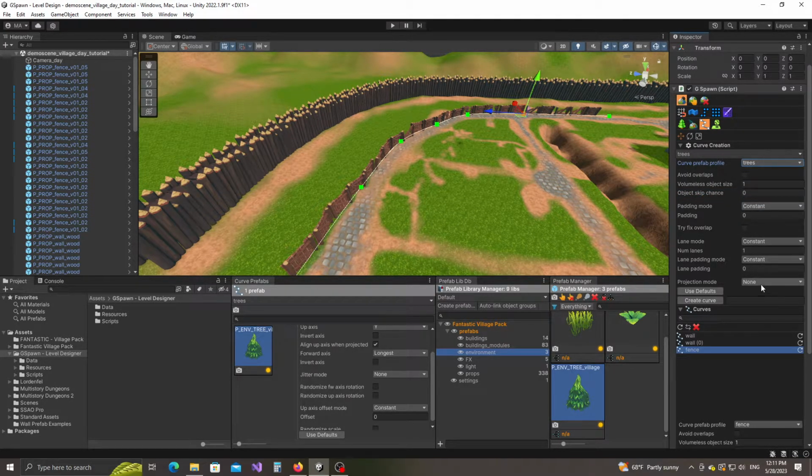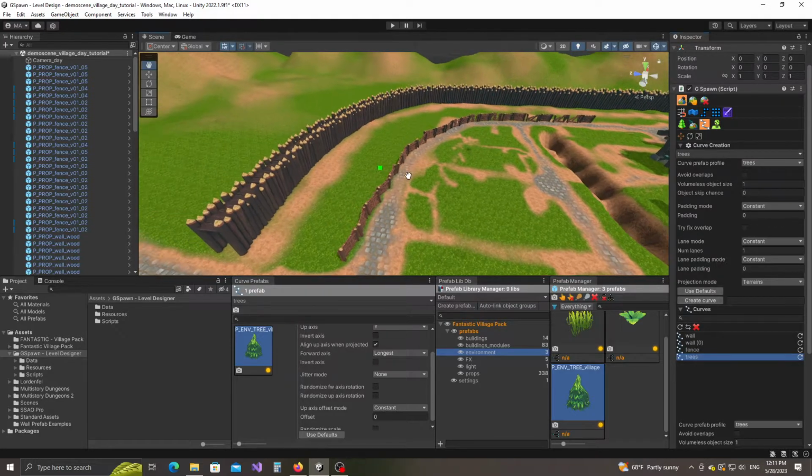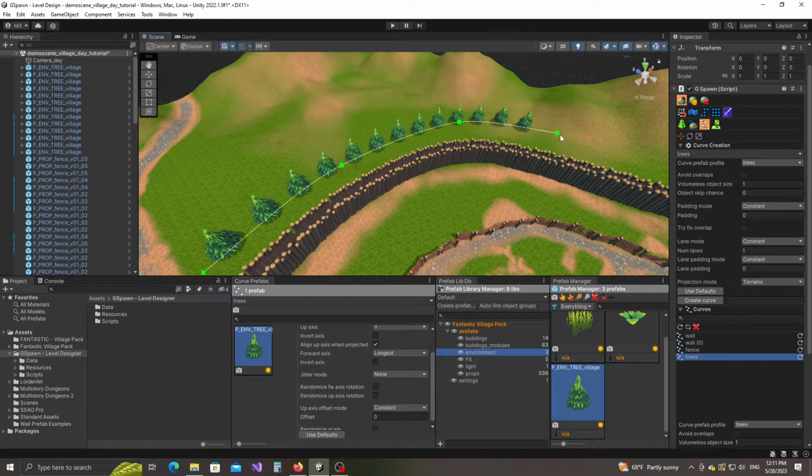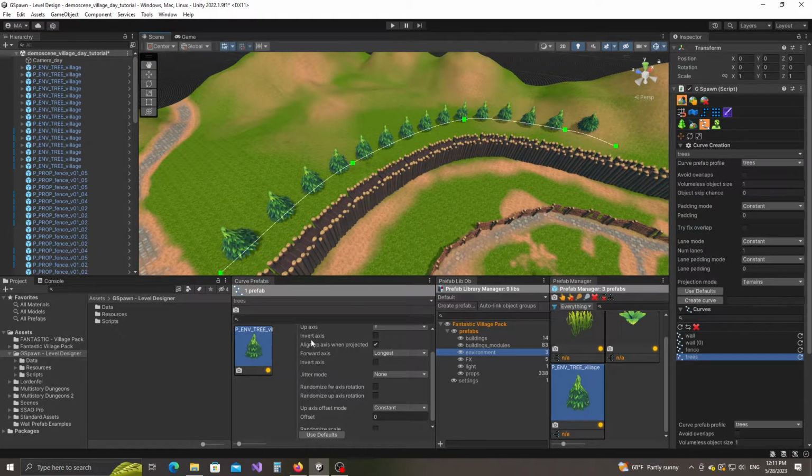Trees. Project on terrains, and let's give the curve a name. Trees create curve, and we're gonna spawn these trees right here behind the wall. Okay, so first